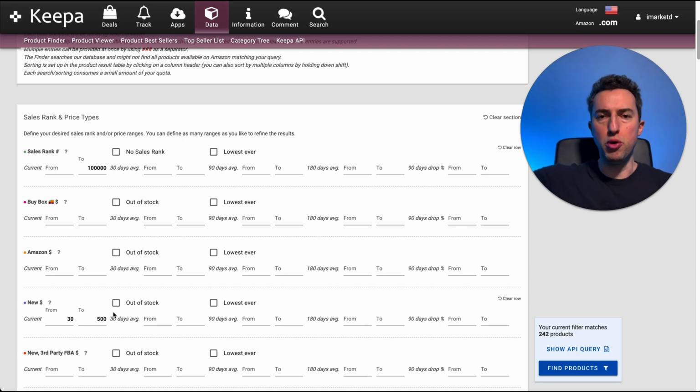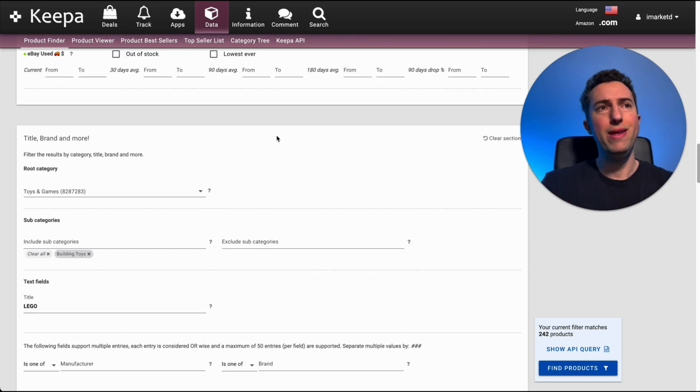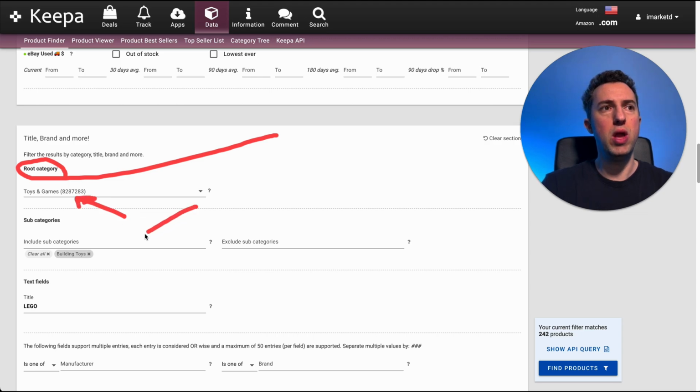Nothing too super expensive and nothing very low where you're not making a lot of profit. Another setting you want to pay attention to is the root category. You want toys and games. In the subcategory, I included